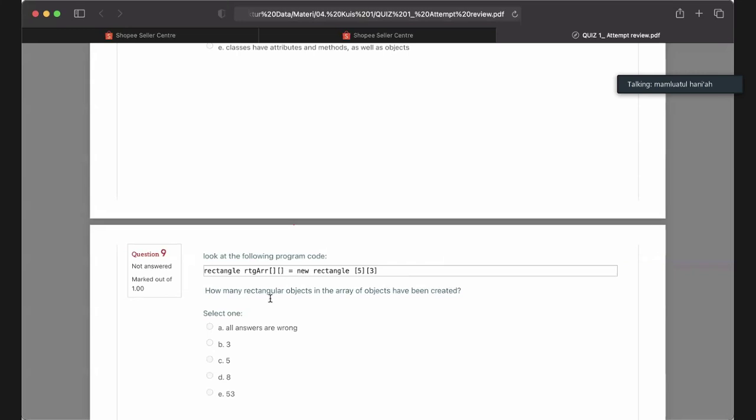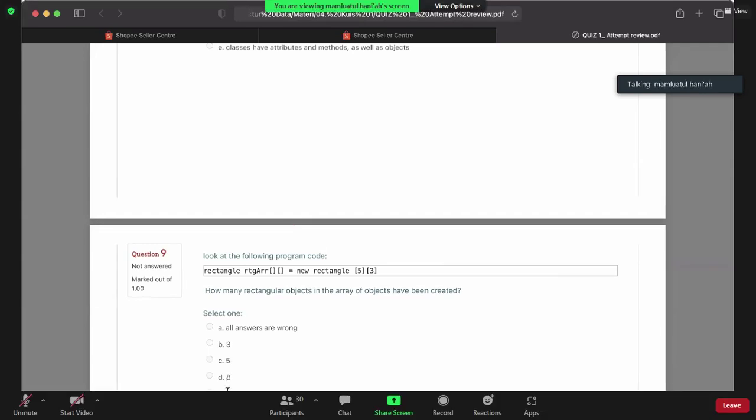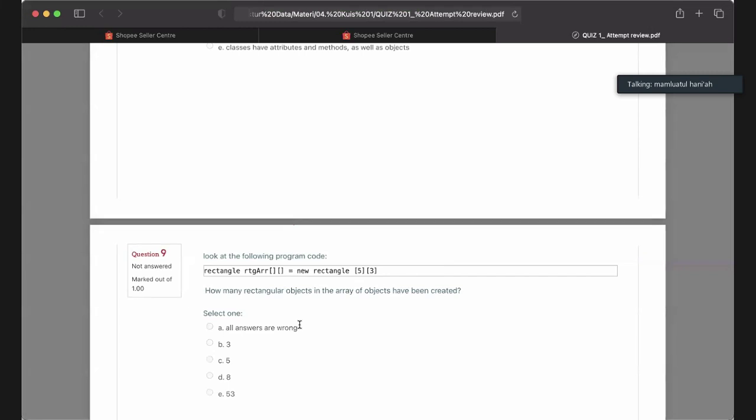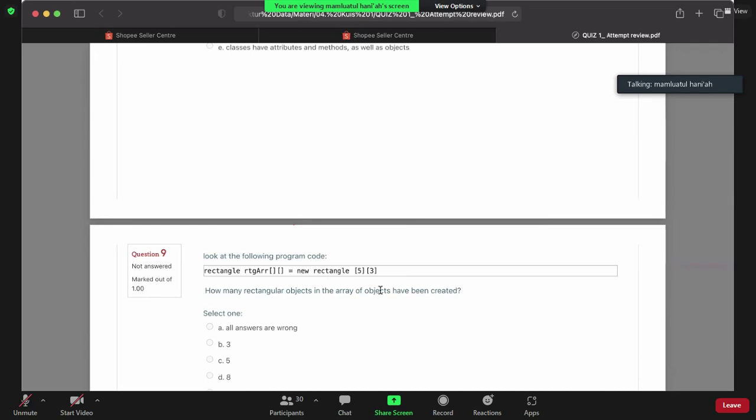Okay, Versatita. A. All answers are wrong. Yes, because how many objects do you create from here? 15. Yeah, 15, 5 multiplied by 3.